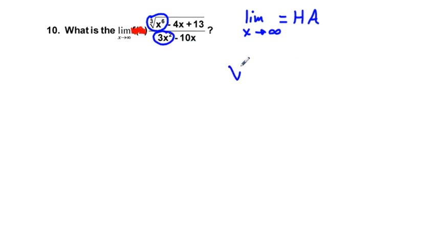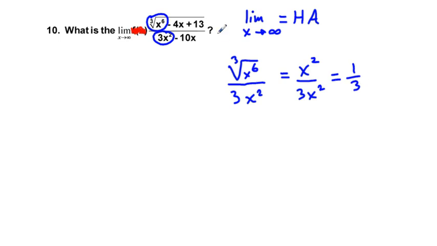Well, the cube root of x to the sixth power, and we take the biggest term below, which is 3x squared. Well, the cube root of x to the sixth, that's going to be like the power of 6 times 1/3, is going to be like x squared over 3x squared. So our answer to this is 1/3. So we would just say equals 1/3,